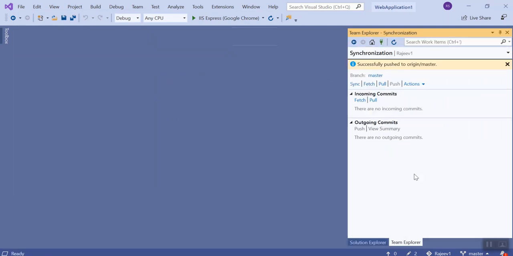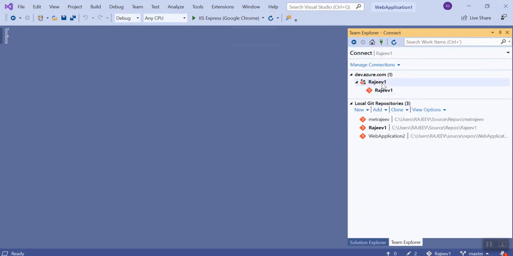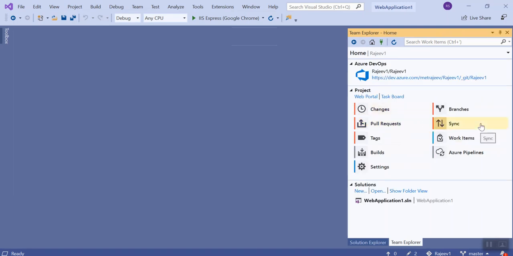As I said, now there will be a concept like once the code is over here, once you click on this, initially it will ask for a manage connection where you connect to a project. Then whatever connection you have, you can see the project name over here, and I created a few of them. The latest one is Rajiv. Then you can see all these things over here initially.